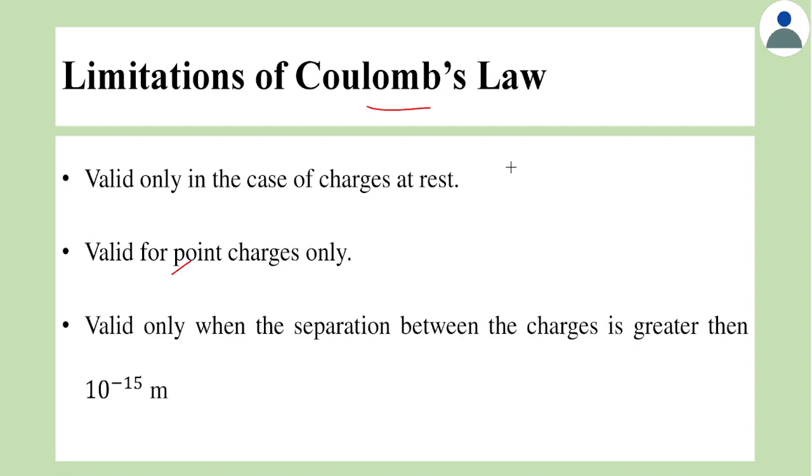To understand this, let us consider two objects. We'll call this object A, and this object B. Let the separation from their center to center be R. Now in this case, we can divide any one object, for example object A, into small stripes. A stripe like this, a stripe like this, a stripe like this. So we're dividing the entire charge into small regions or small stripes.